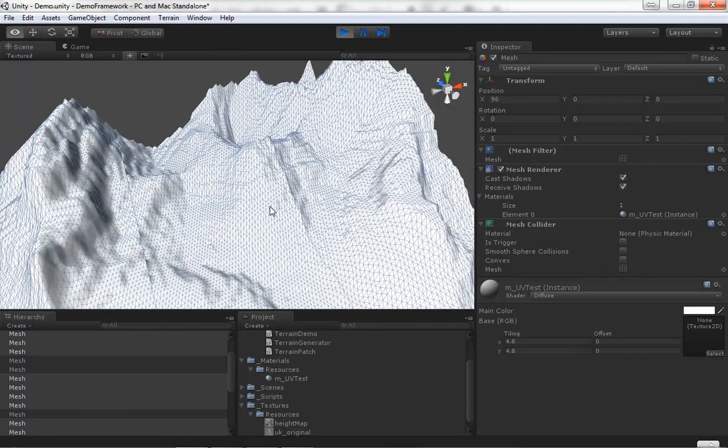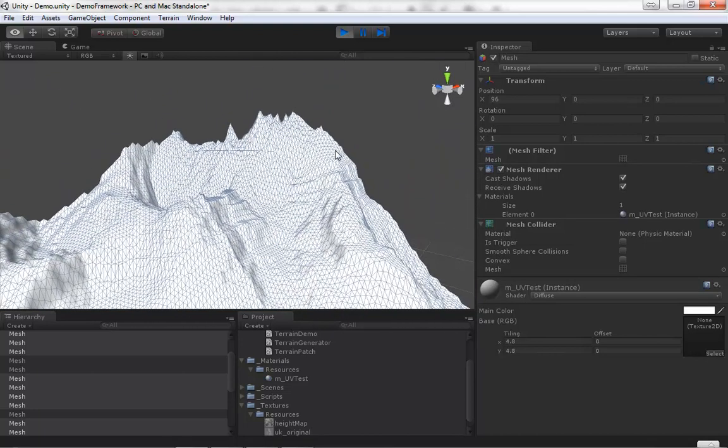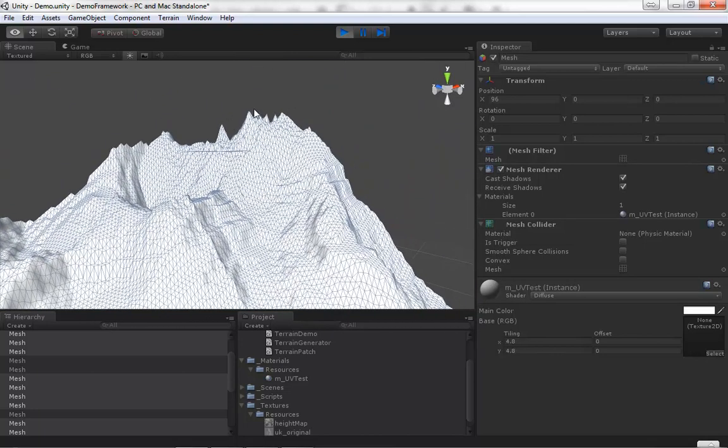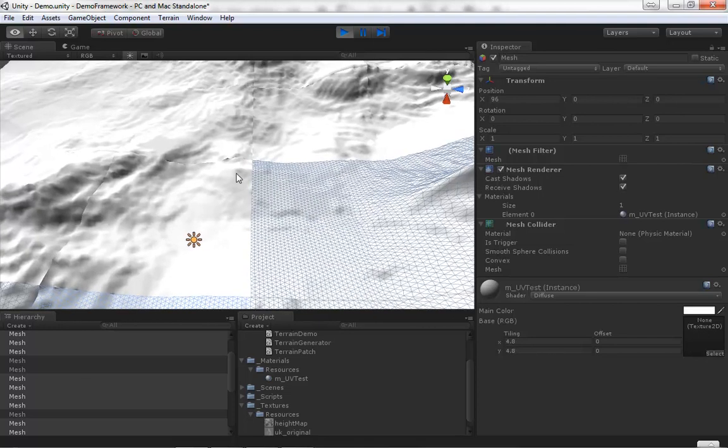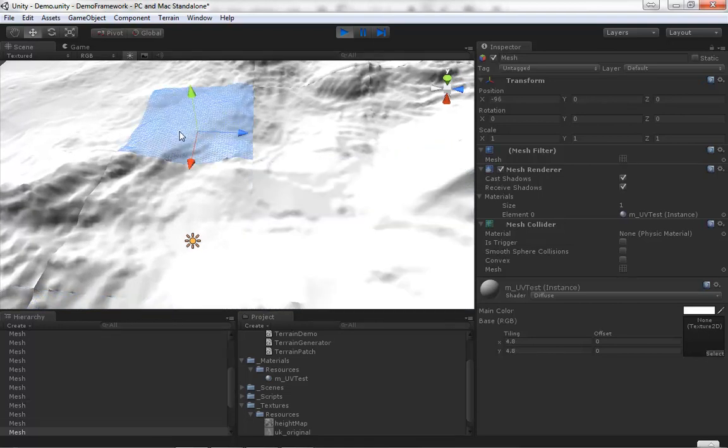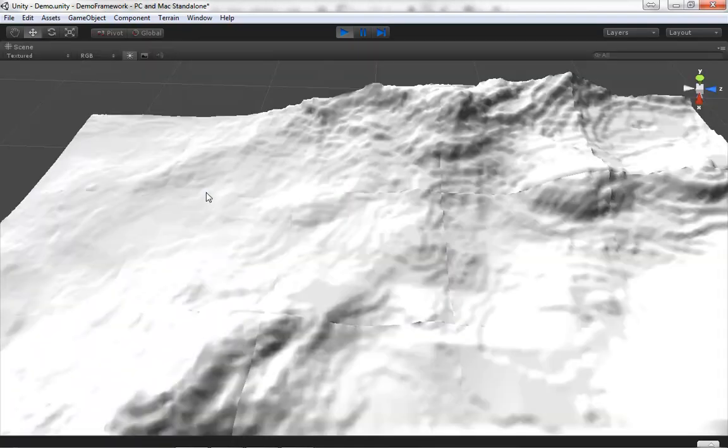Definitely see some mountains coming about. Yep, they're getting there. Got some little peakies in here that we can talk about shortly, and seams all over the place. Yeah, but those are normal seams, and because we're using just a standard default shader,